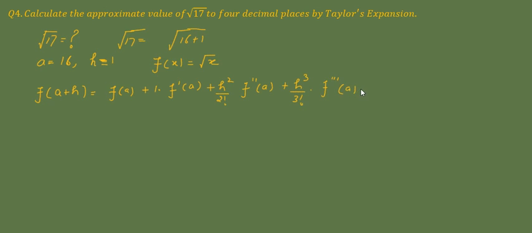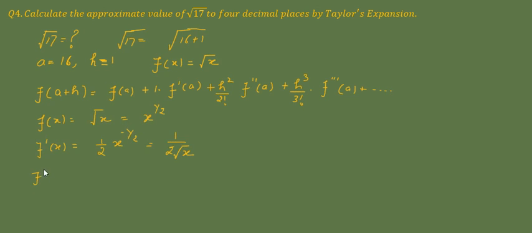And if you wish to compute higher order derivative, then you can compute it. Otherwise it is sufficient to compute the derivative up to third order in this question of square roots. So what is f of x? f of x is square root x. So what we have to compute? We have to compute the derivatives of f. Okay, so compute the first order derivative f dash x, that will be 1 by 2 x raised to power minus 1 by 2, or you can just simply write this as 1 by 2 root x.